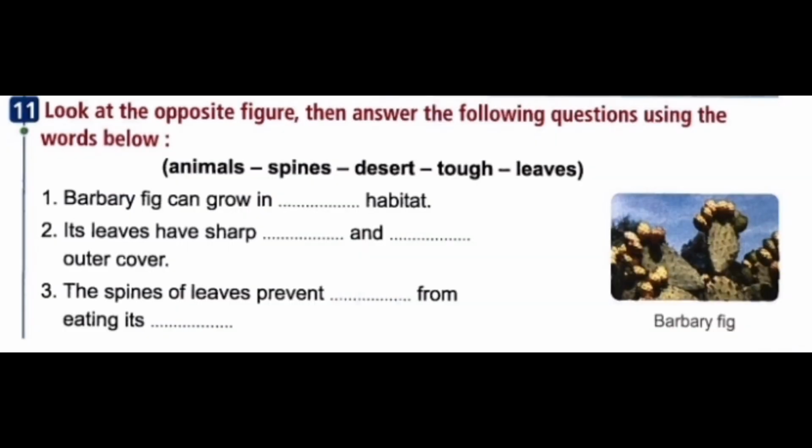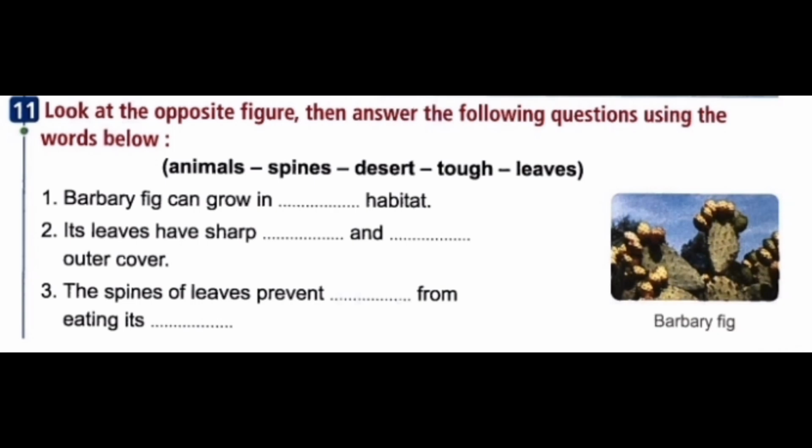Let's answer the last question in lesson 2 part B. Look at the opposite figure, then answer the following questions using the words below. We have some choices: animals, spines, desert, tough, leaves. Number 1. Barbary fig can grow in blank habitat,